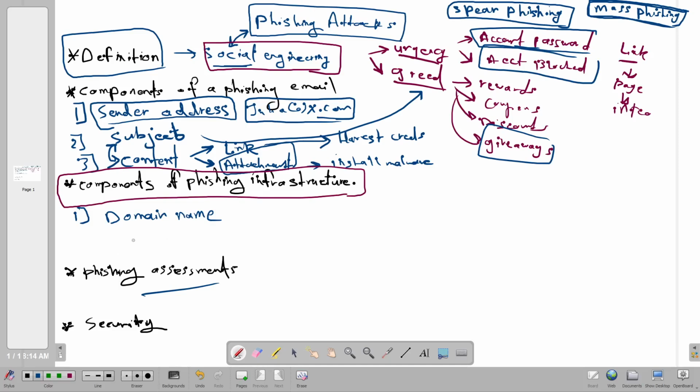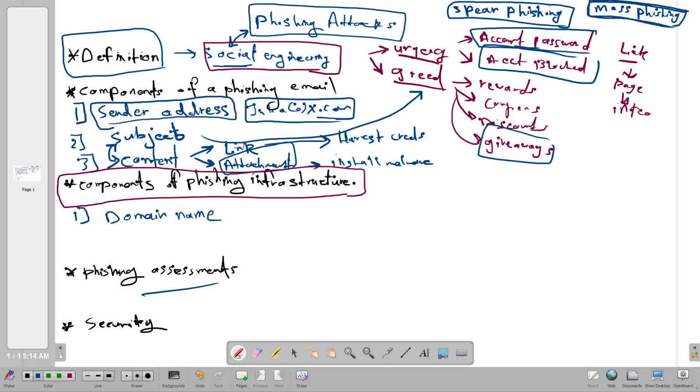Now, why do we need to buy a domain name? Again, back to the components of the phishing email. In the sender address, we have to send from an authentic sender. Gmail doesn't work. Hotmail doesn't work. Even if you are targeting a personal connection of yours, you should research that person and see what their interests are, and most probably you're going to find that they like to eat at some local coffee shop or at some restaurant, or they like some brand.